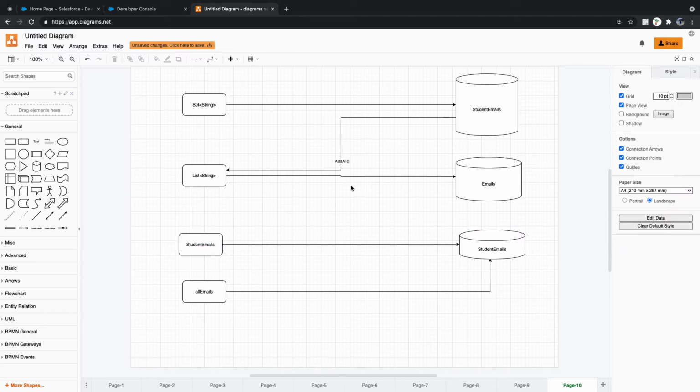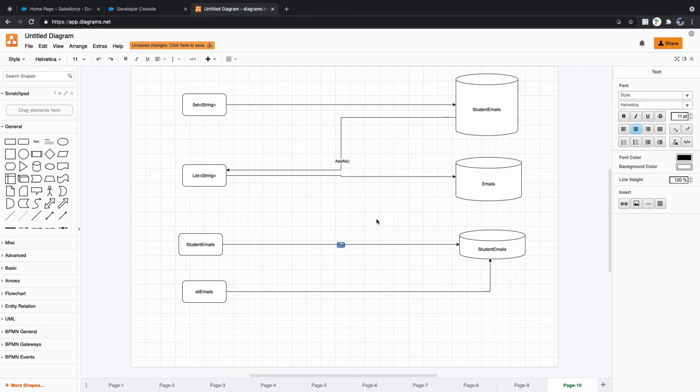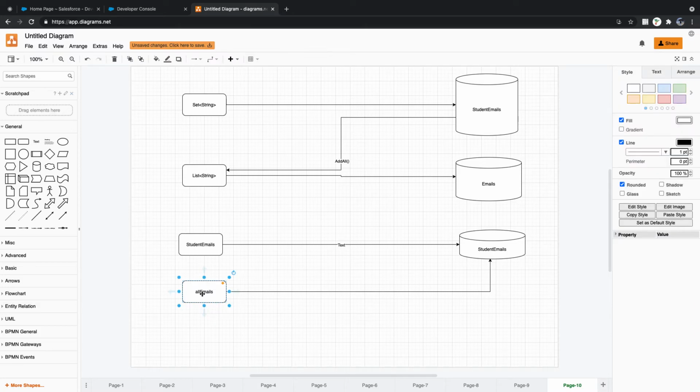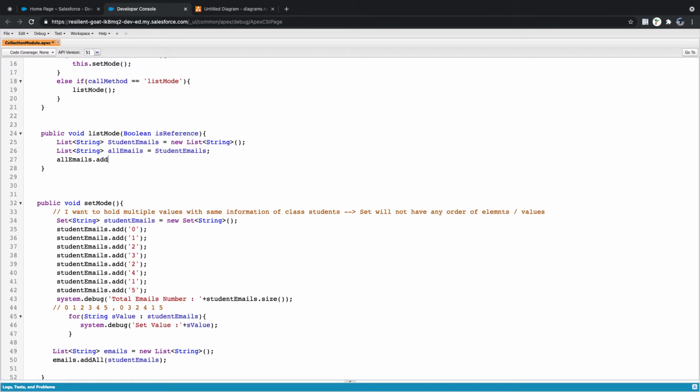Two. Now, this is pass by value. The one where we read a value and assign it is called pass by value. What are we doing here? Pass by reference. When it is pass by reference, what happens if I change any data here? Let's imagine that I added a new email. Let's go back here. I'll add all emails dot add.